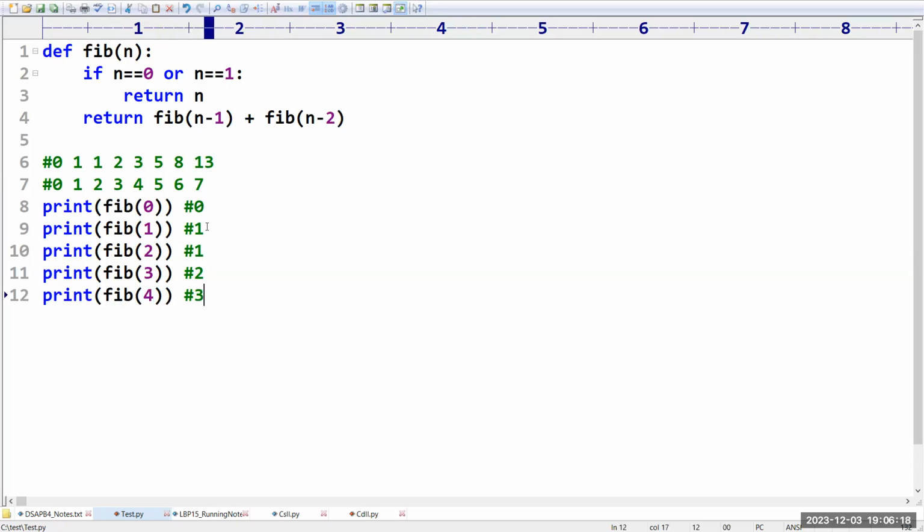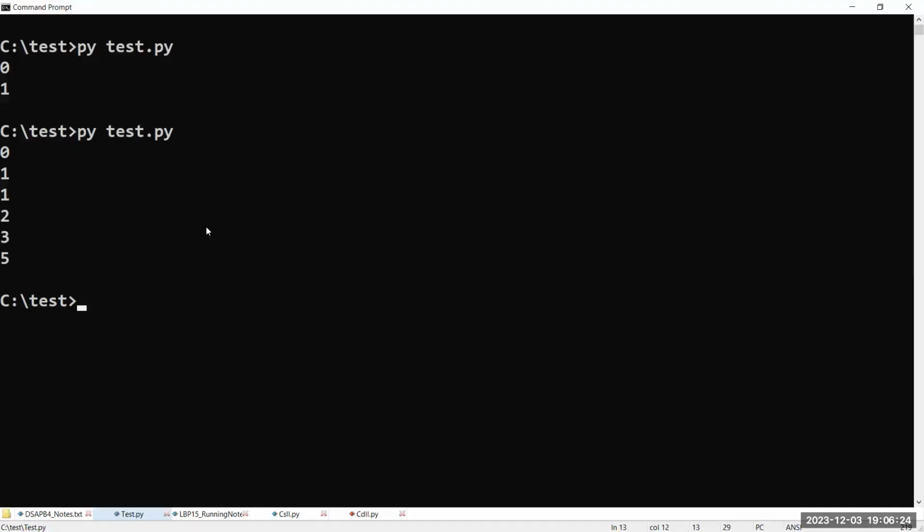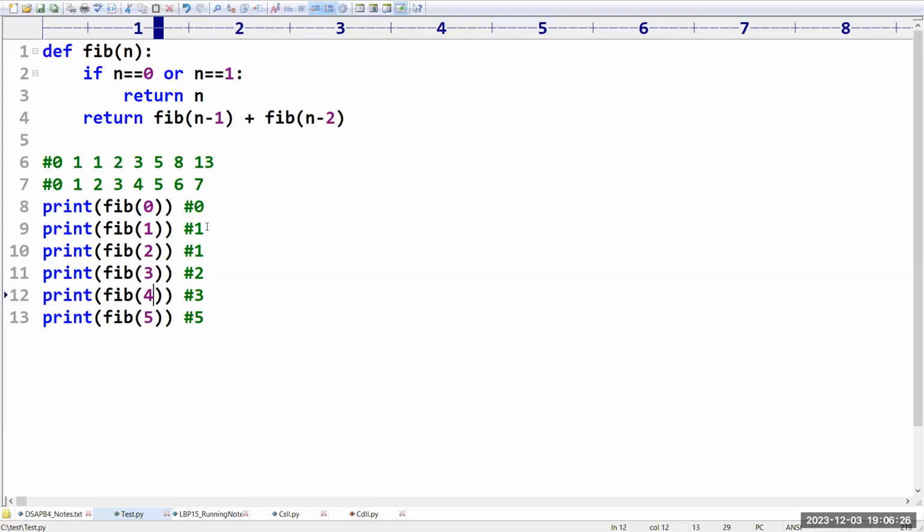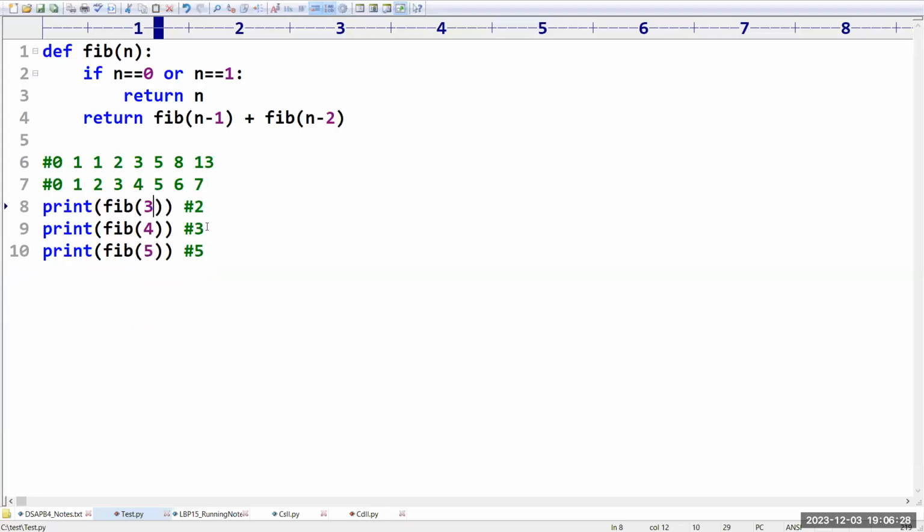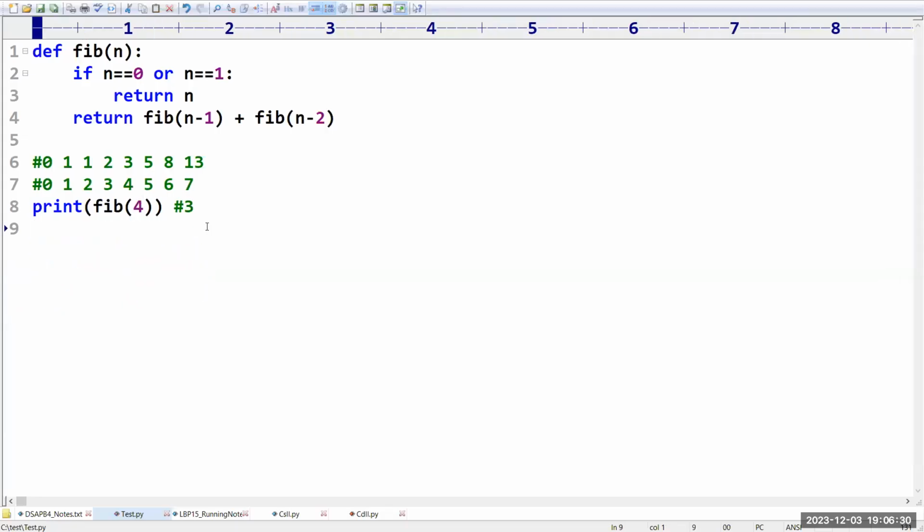3. Okay, for the fifth Fibonacci number, the output is nothing but 5. Like this we are going to get. Is it correct? Yes. Now I don't want all these things. Please focus on the fourth Fibonacci number. Actually, what is happening here? Let me elaborate with the diagram. I am going to take Fibonacci of